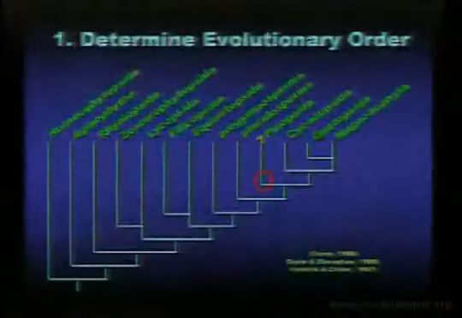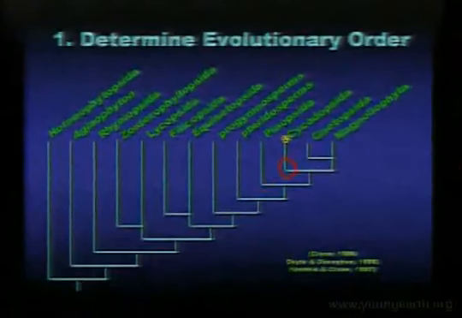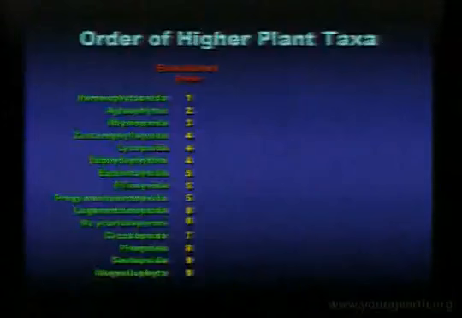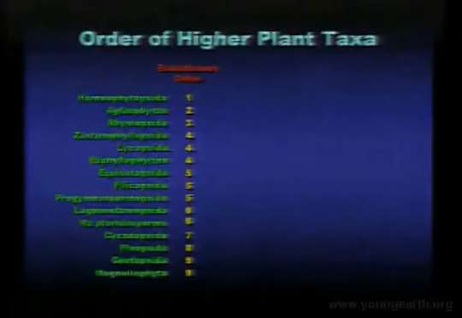For example, the very first branch at the bottom is the first thing you would predict. So the Horneophytopsida should be the first thing you expect in evolutionary theory. Then Aglaophyton, then Rhiniopsida, and Zostrophyllopsida, and so on. This is how you build the ranking of these groups. So now we have a list of the plant groups and a rank order for them.